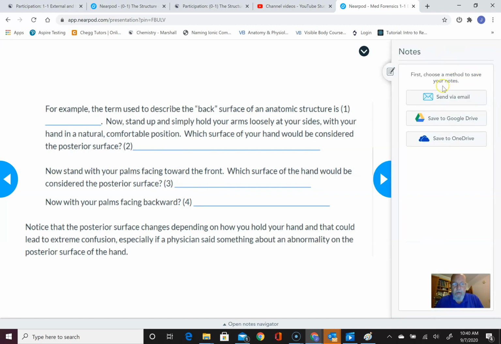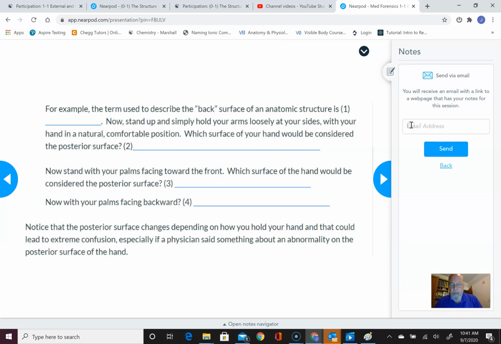Now, in order to answer these questions or fill in the blanks here, I'm going to need to type things out, but it's very difficult to type things out on these Nearpod slides, so I'm going to use the notes feature. You can actually take notes while you're watching a lecture here. And to do that, they'll ask you to send the notes to an email or to Google Drive or to OneDrive. I'm going to have them send my notes to my email address,